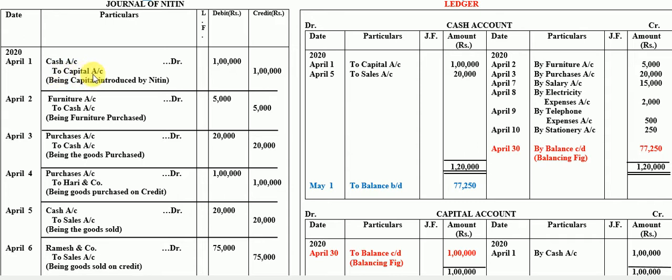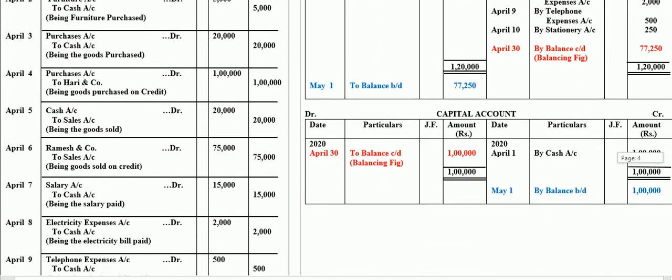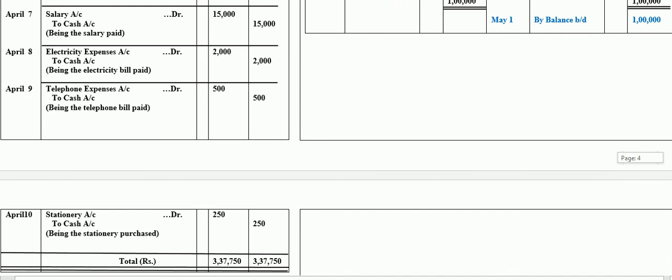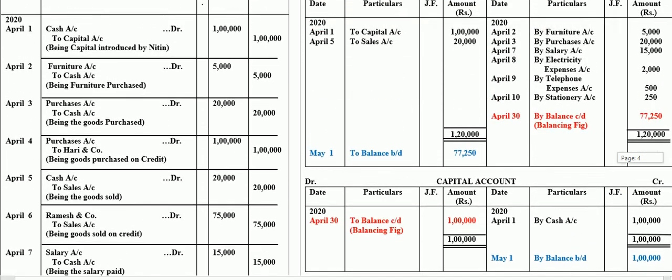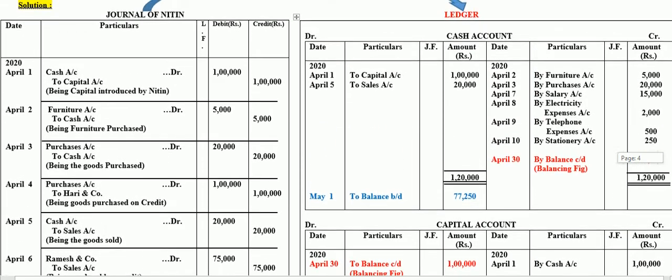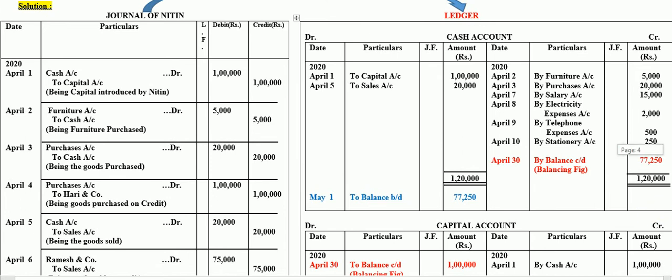Capital is on the credit side, that's why this 1 lakh will be recorded on the credit side, by cash account, that is 1 lakh. And we can see that there are no other entries of capital in this journal, or any transaction of this capital other than cash introduced into the business. That's why the capital